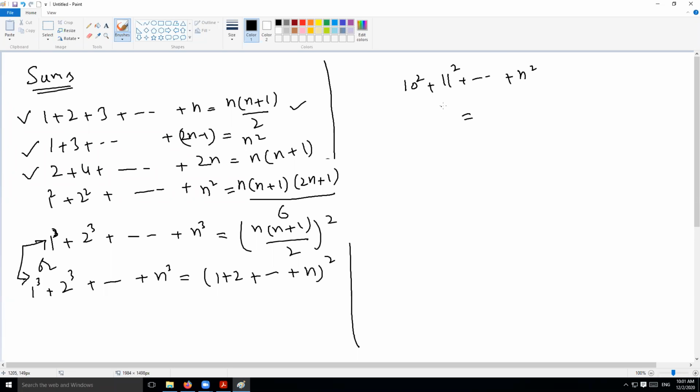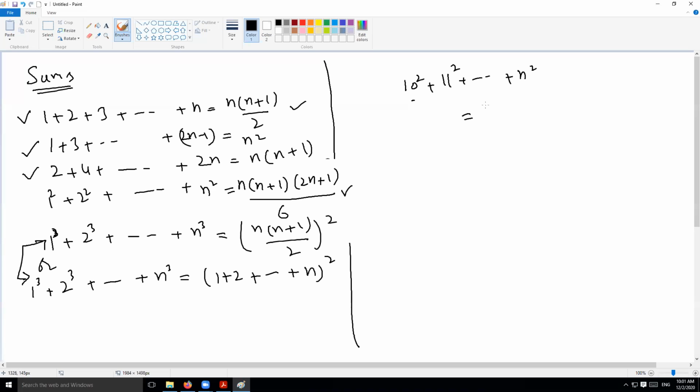Yes, this is very clever actually. So in other words, you're going to say, okay, I don't know the formula, but I know the formula that starts from 1 up to n square. But how to find the formula for a sum that starts from 10 square and ends at n square? The answer is that you can still find it through the same formula. And how can you do it?